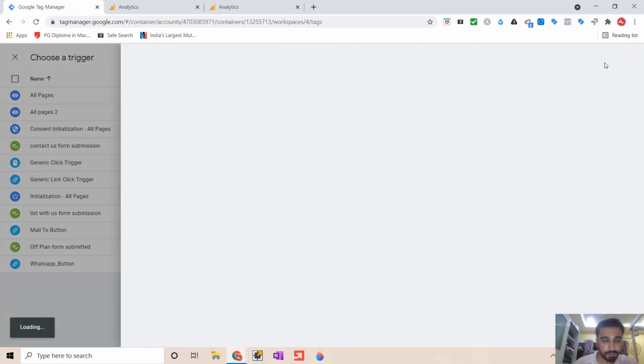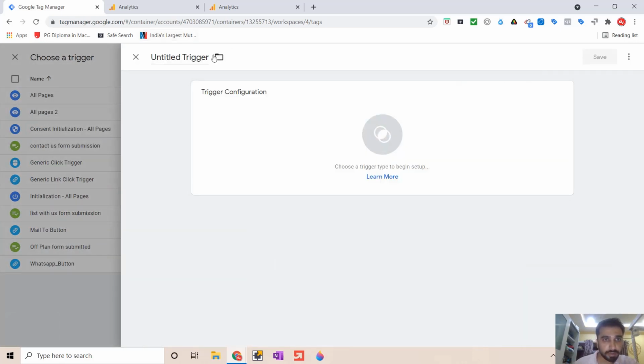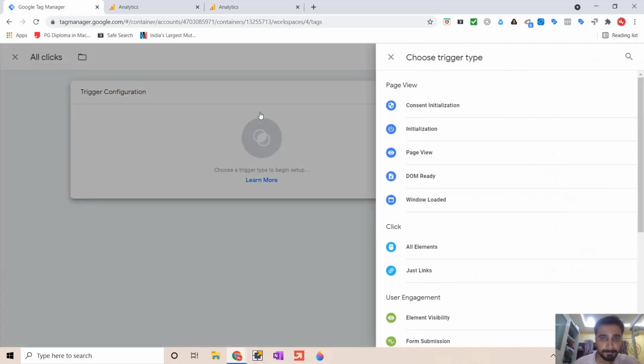Let us add a new trigger here. We will go with all elements. So there are two triggers here. One is all elements, one is just links. This one we'll use when we are just clicking on a link.